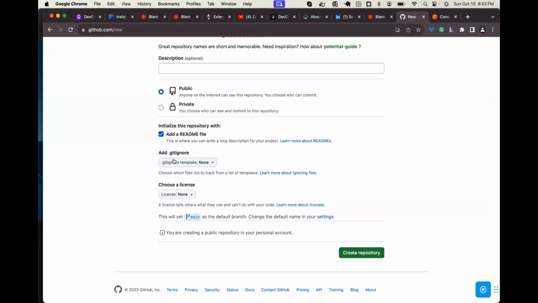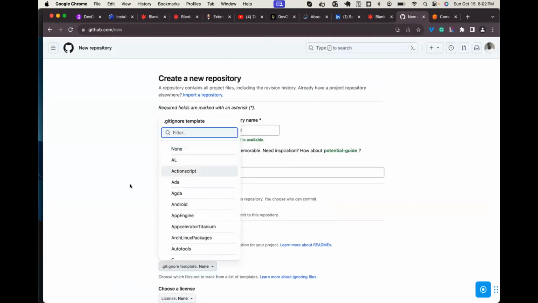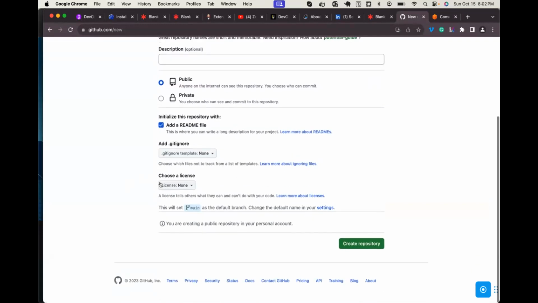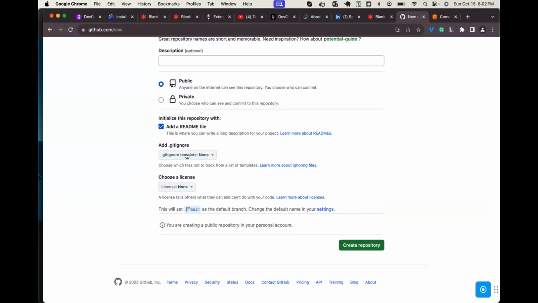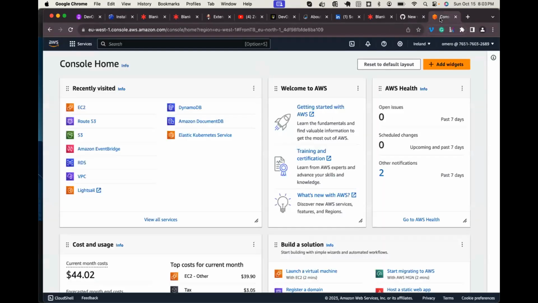What is a .gitignore? A .gitignore file is a file that is used to ignore any file you don't want to commit to your GitHub repository. All right. Assuming